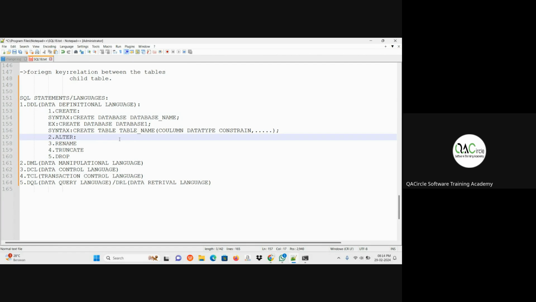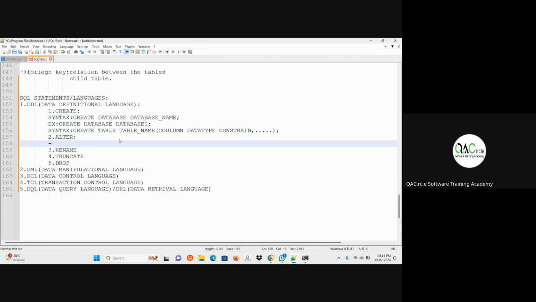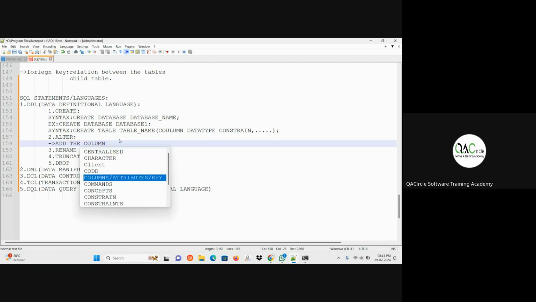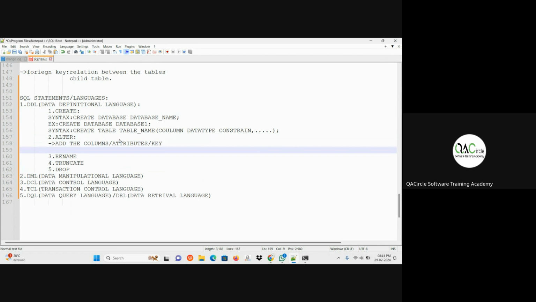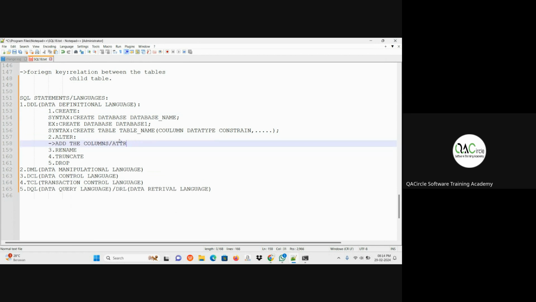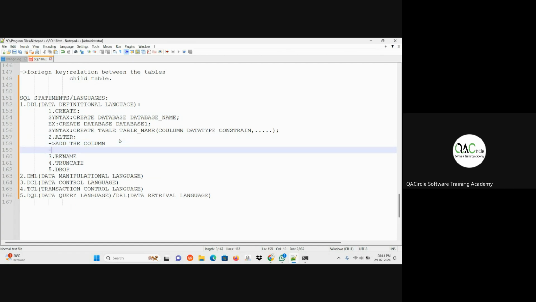But this alter statement is restricted to just 3 activities. What are they? First, you can add a column by using this alter statement. You can rename the column.